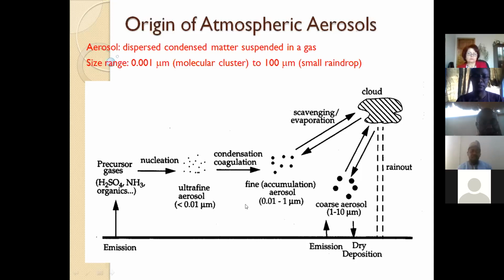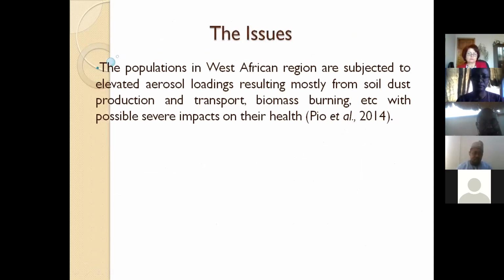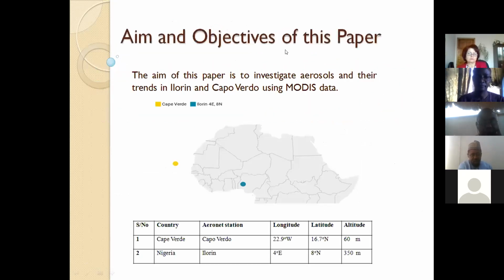So the issue we have here is aerosol loading in the atmosphere in West Africa due to dust, its transport, and biomass burning. So we need to investigate it. The aim of this paper is to investigate aerosols and their trends in Ilorin and Cape Verde using MODIS data. Ilorin and Cape Verde are the places